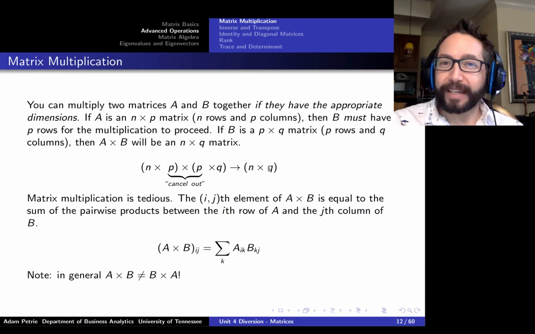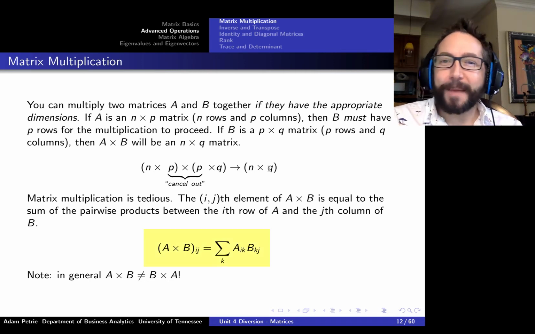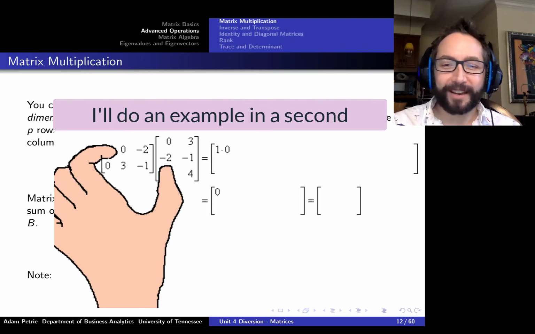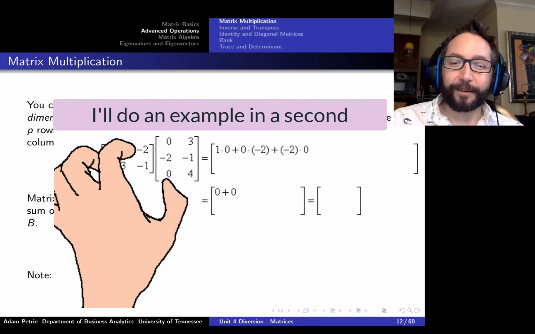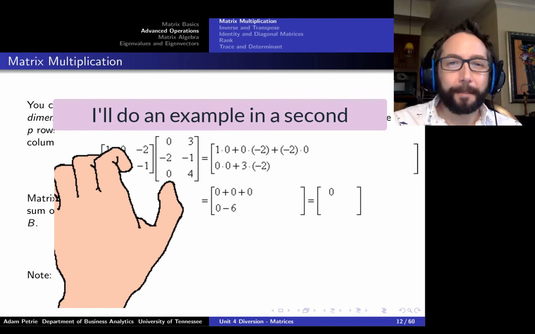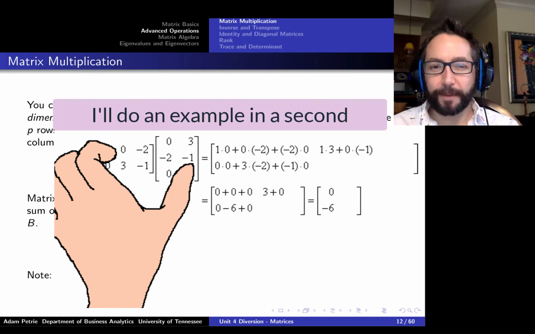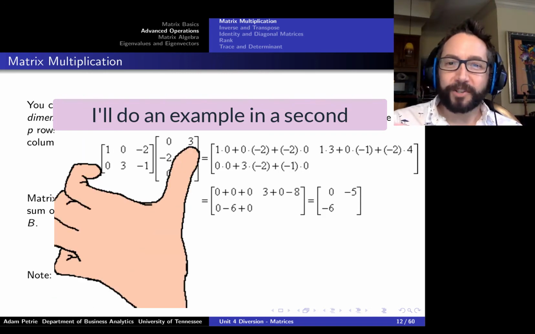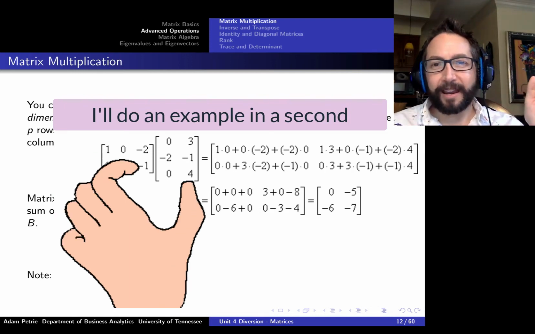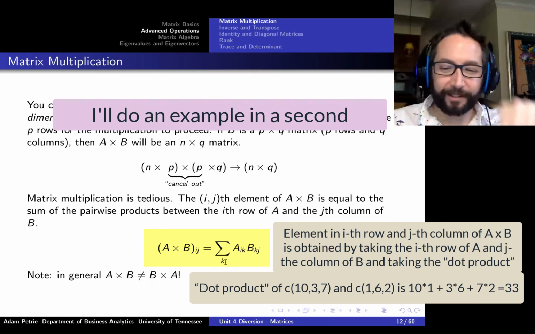So how do we actually get what the elements are of that product? Well, it's a mathematical procedure. There's no shortcut about this. In order to figure out a particular value in the matrix product, say the value in row i and column j, we have to sum up a bunch of products. We take one term from the A matrix and another term from the B matrix. Once again, I'm not going to worry too much about actually doing this by hand, but essentially we'll be taking a row of the A matrix, a column of the B matrix, and multiplying stuff together and adding up